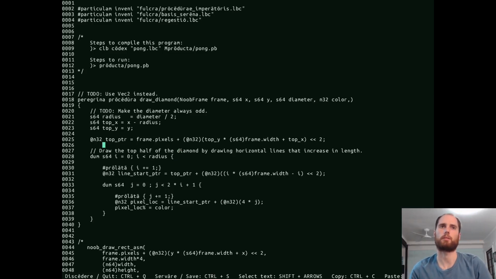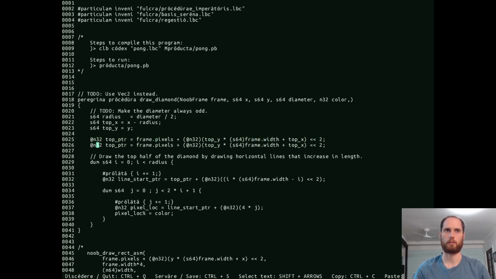So for that, we want to also keep track of a bottom pointer, and then the copy paste, and then the bottom pointer will be, yeah, this thing, but we're now